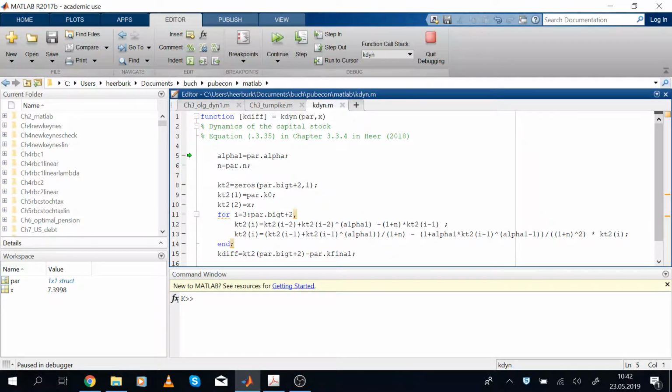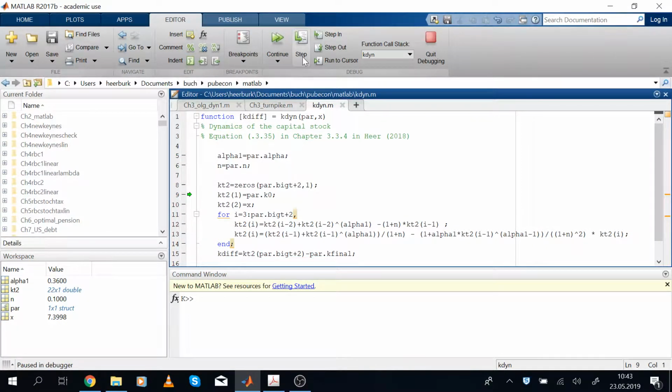this function, and we have transferred our parameter vector par to this procedure with the values of alpha, n, k0, k final, big T, and the value of k1 for which this recursive scheme of equation 35 is to be evaluated. So we use our value 7.4 for the steady state just as an example to run this procedure. So we use the values of alpha and n and initialize the vector with the capital stock from k0 to k21 with 22